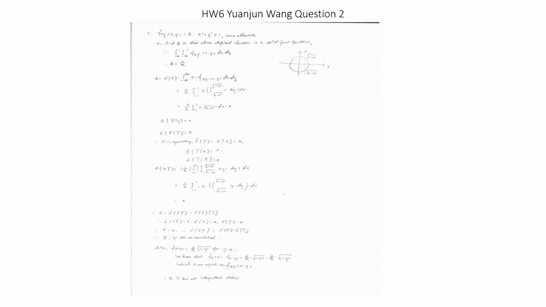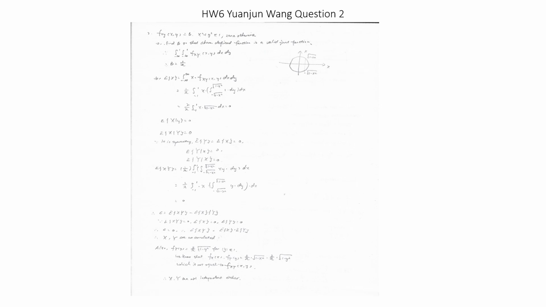Homework 6, question 2. The question is giving us that f_XY of x and y is equal to b when x squared plus y squared is smaller or equal to 1, and f_XY of x and y is equal to 0 otherwise. Part A is asking: find the b so that f_XY of x, y equal to b is a valid joint